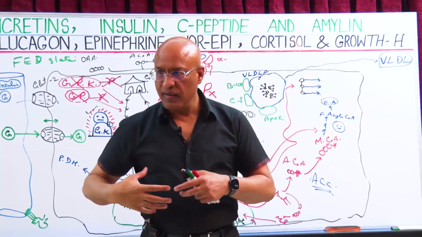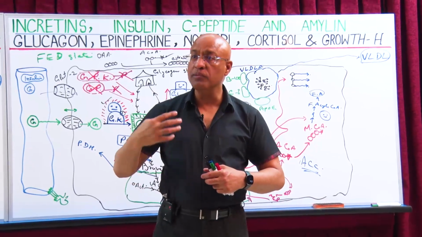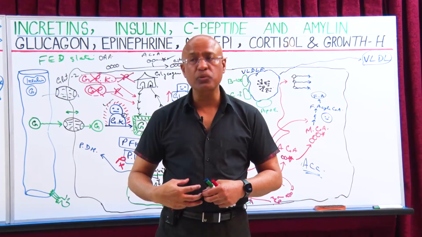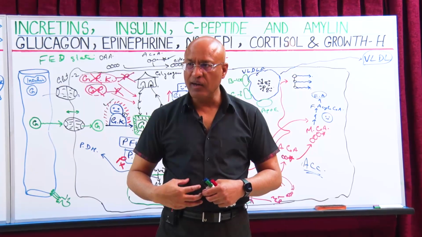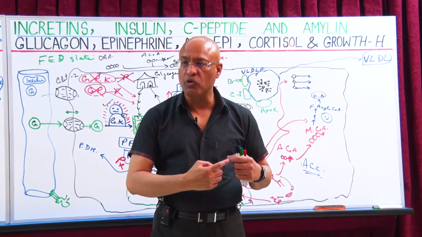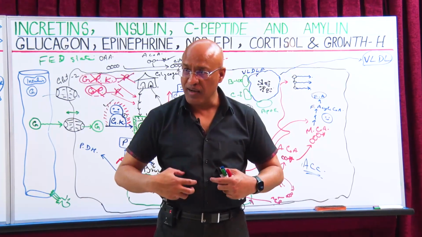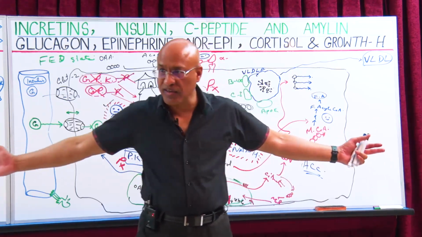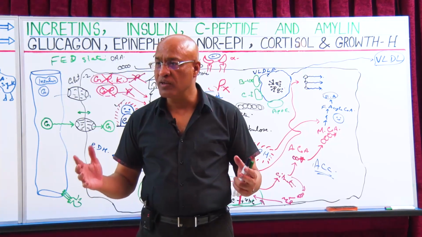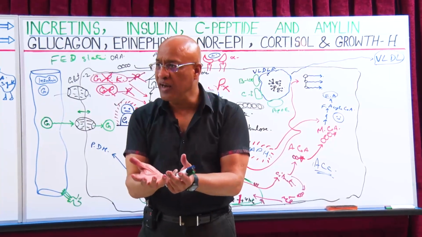So the liver is an organ that when you eat a lot, it takes the glucose, not only stores the glucose in the form of glycogen and uses it for energy, but if you are really eating too much, then all extra carbons of the glucose will be converted into carbons of glycerol and fatty acids, and a lot of triglyceride will be made in the liver, and the liver cannot hold so much triglyceride. The hepatocyte cannot keep so much triglyceride. So it keeps on throwing the triglyceride packed in the form of VLDL.